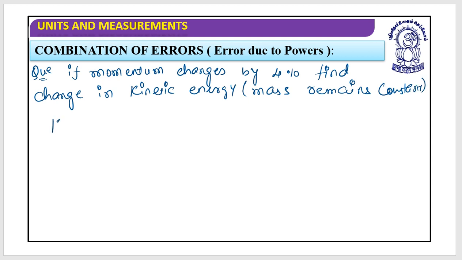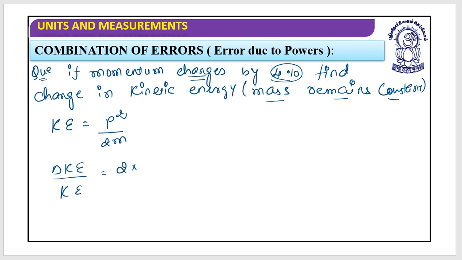So what should I do? I know the kinetic energy is equal to p square by 2m, and it has been given that mass remains constant. Here it is changing. They have not given that this is the error associated with it. This is the relation with the changes. We can use the relation of an error unless and until the change is less than 5 percentage. So if the change is within the limit, that means if the change is less than 5 percentage, I can use the relation of an error. So I can write like this: delta K by K would be twice of delta